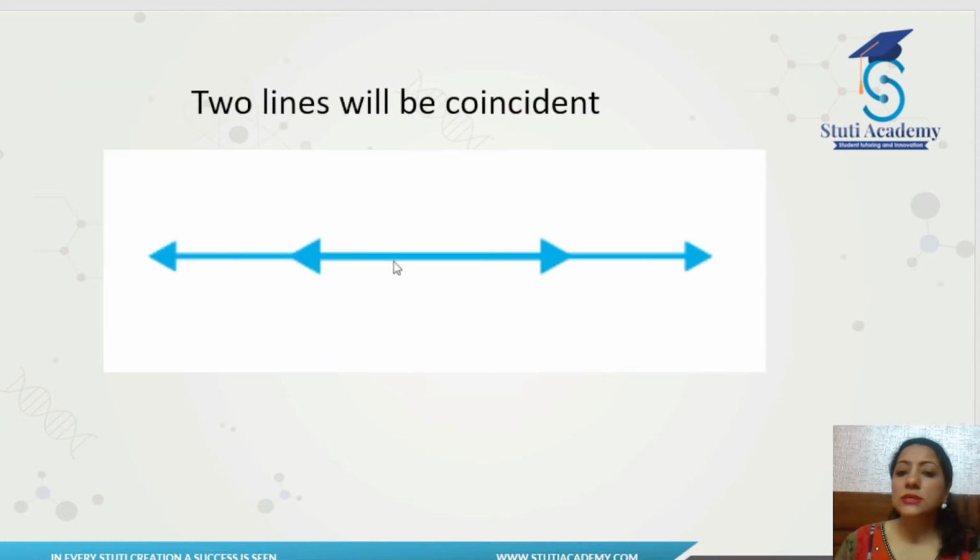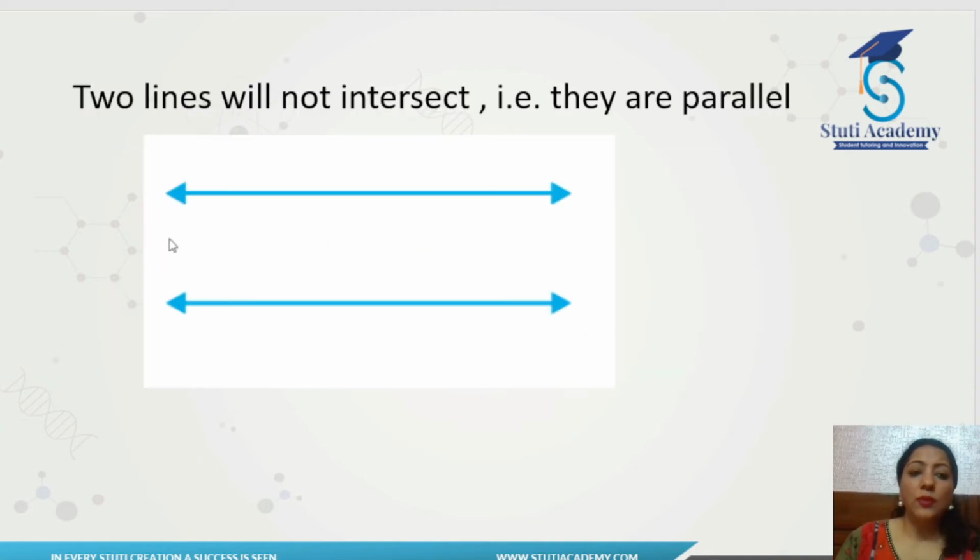When the lines are coincident, we have infinite number of points in common. That's the case of infinite solution. And when the lines are parallel, we don't have any point in common. That's the case of no solution. Now please notice